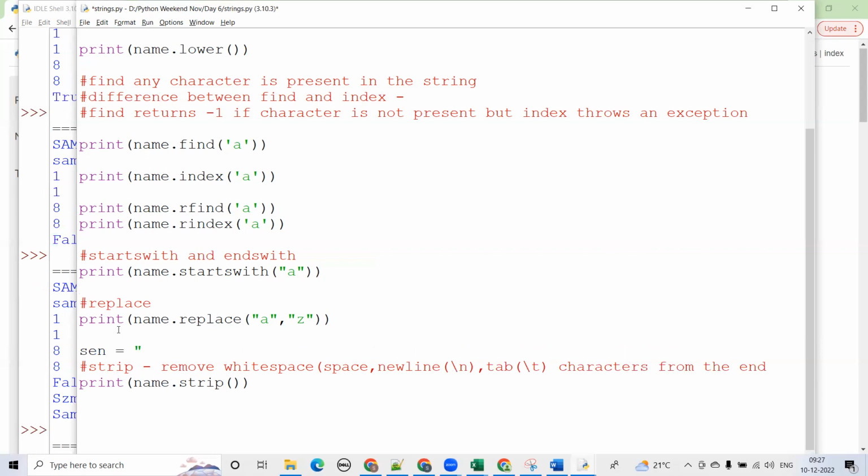In this sentence, we have one space in the beginning, and we have a space and a tab at the end. Now if we do a strip on this,